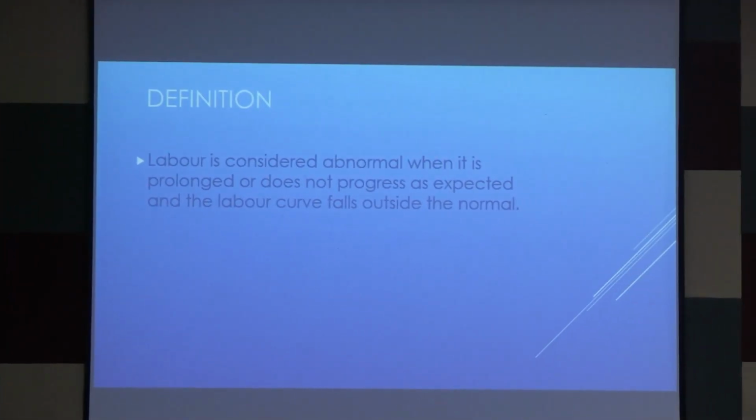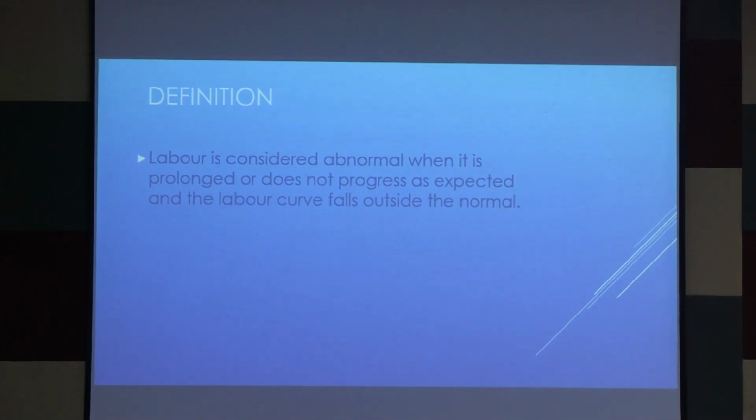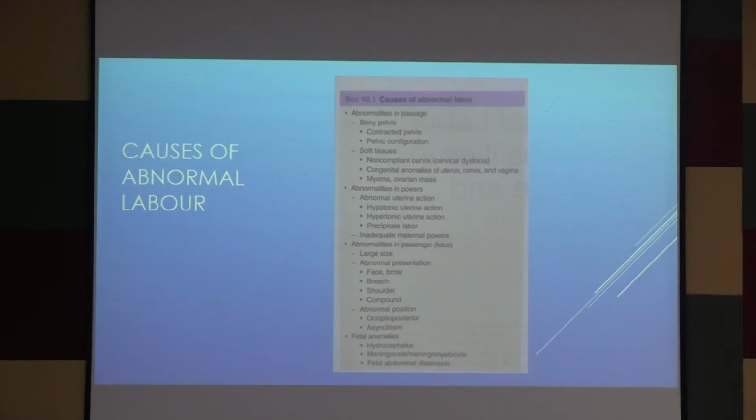Labor is considered abnormal when it is prolonged or does not progress as expected and the labor curve falls outside the normal. What are the causes of abnormal labor? The slide is very much congested. Causes of abnormal labor: